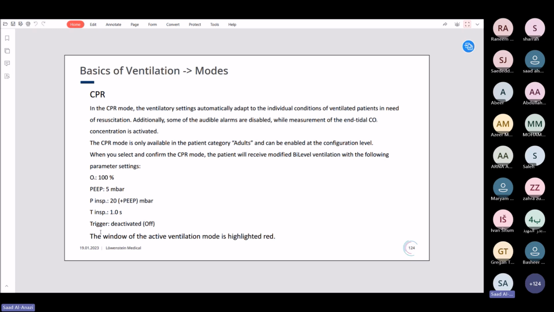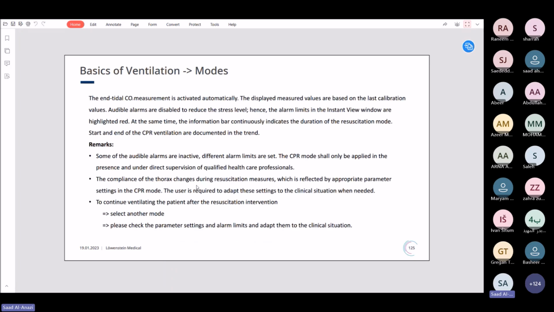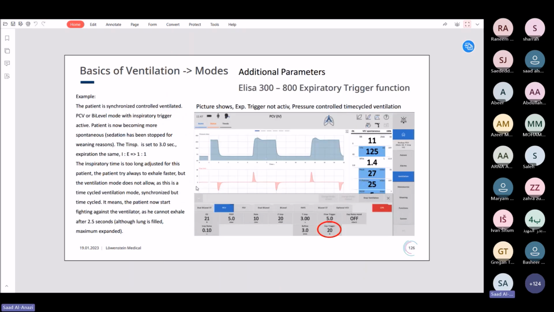We recommend to deactivate the trigger because you are doing the chest compressions. So the window will activate the ventilation mode, highlighted by the red as we see here. Also, we have in our ELISA 800